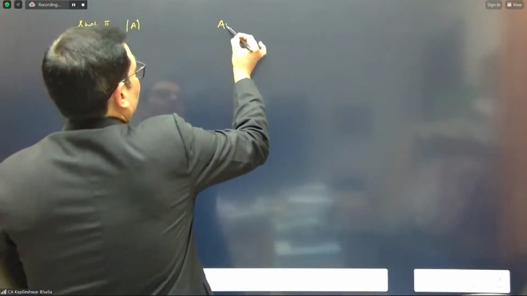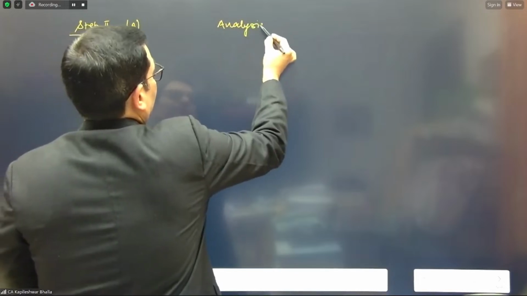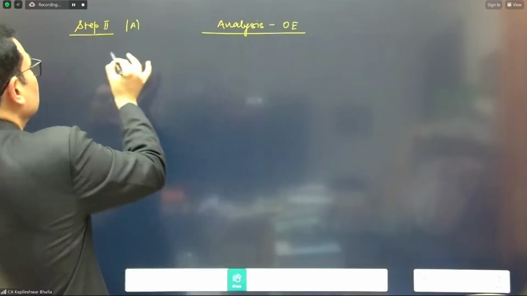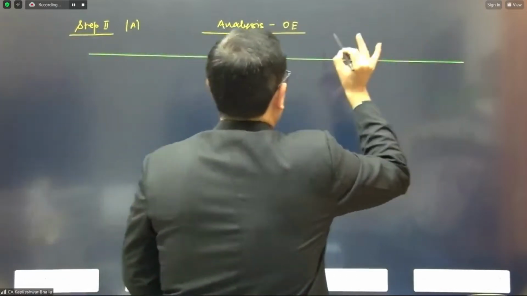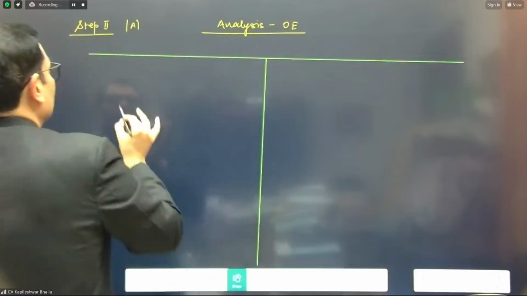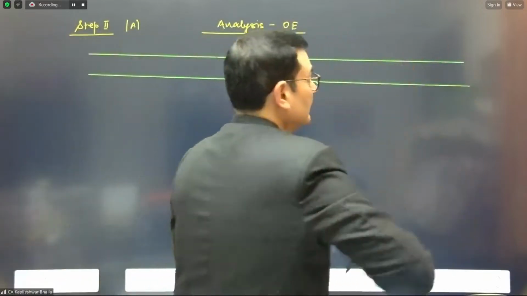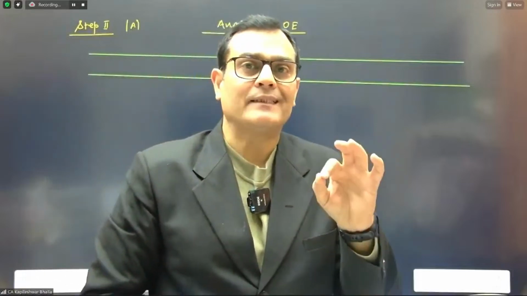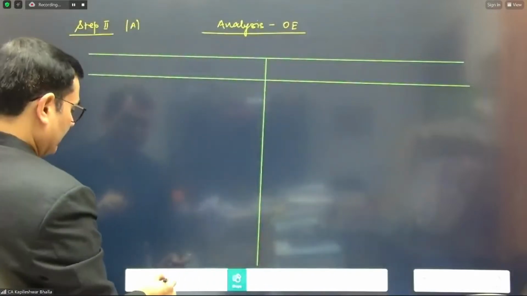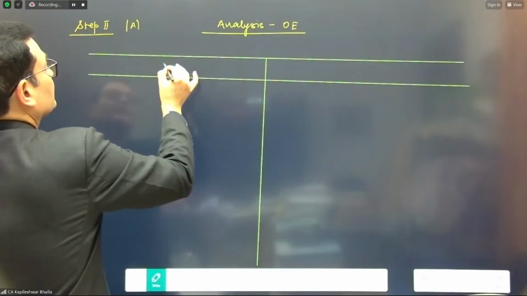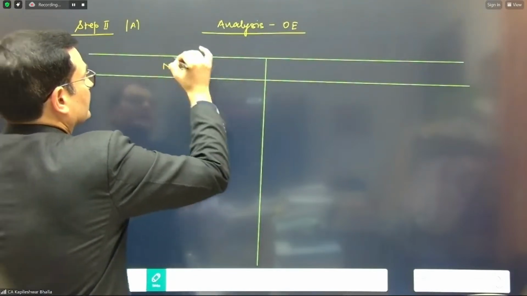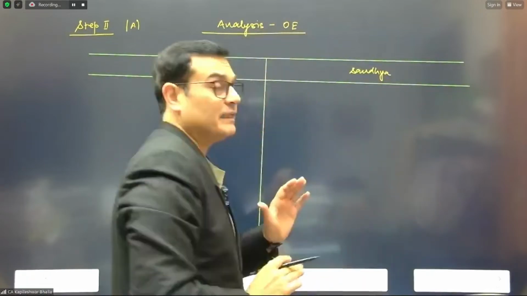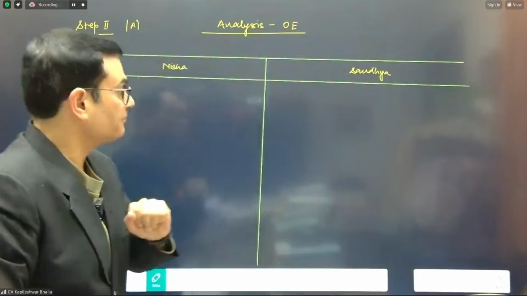So let's do one thing. Let's make the analysis of other equity. And in terms of analysis of other equity, let me split this, and we're going to do two separate analyses of other equity. One is for the middle company, Nisha, and one is for the bottom company, that is Sandhya. So let's consider the analysis of Nisha, and let's consider the analysis of Sandhya, and we'll do it one by one independently without overlapping the information.